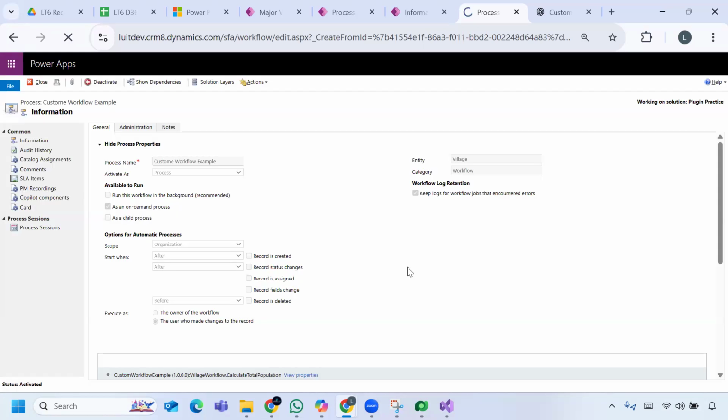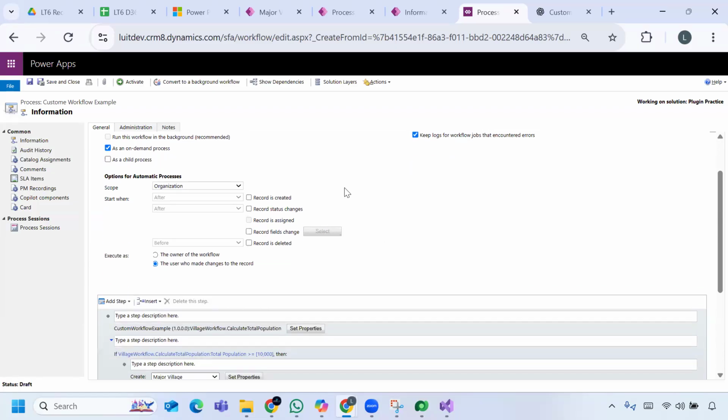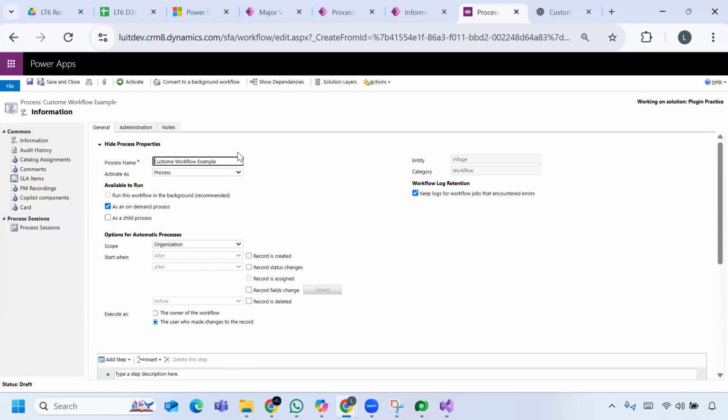So plugin has the same logic. In a plugin you will also be writing the code in C#. For the custom workflow also you are writing the code in C#. So basically whenever we want to run some logic repeatedly, suppose if the plugin fails, you can't rerun it. You need to trigger the event again, meaning you need to do the create operation